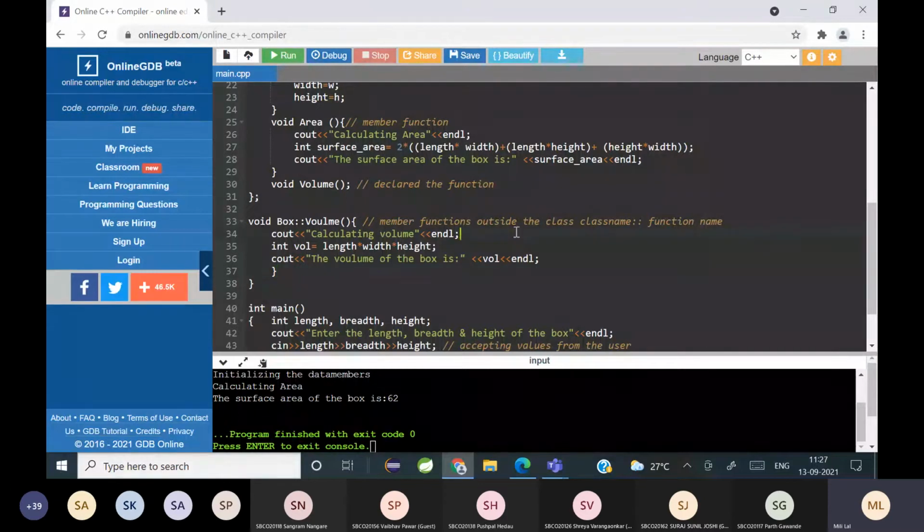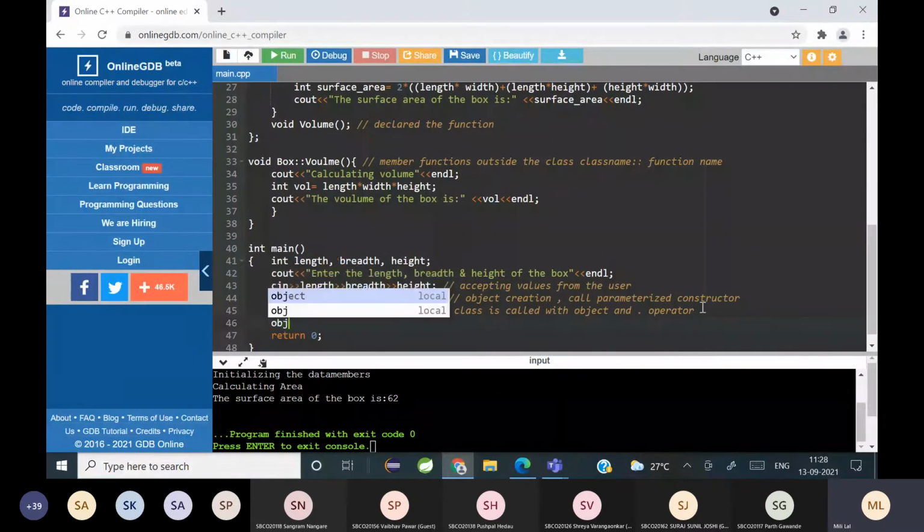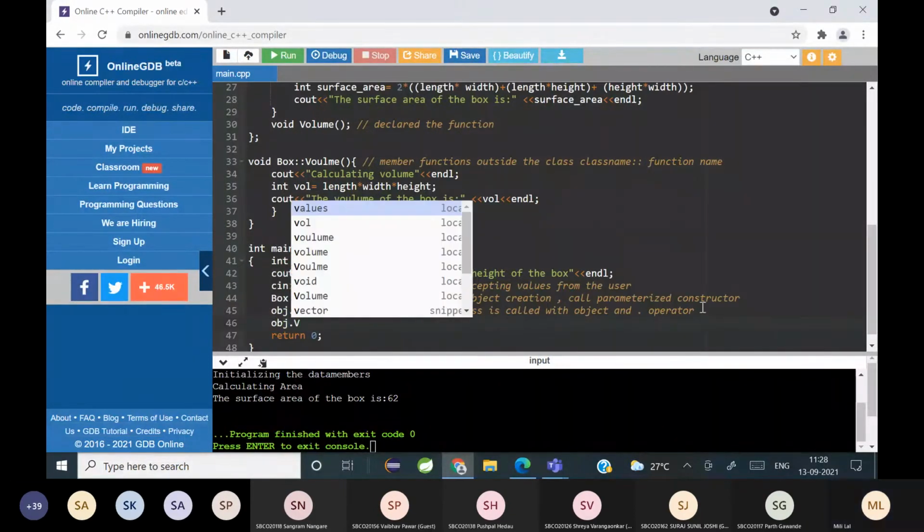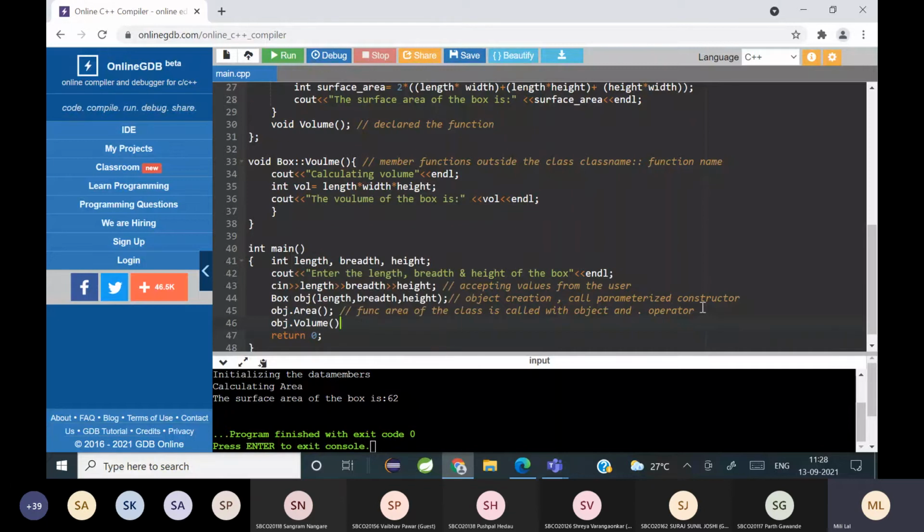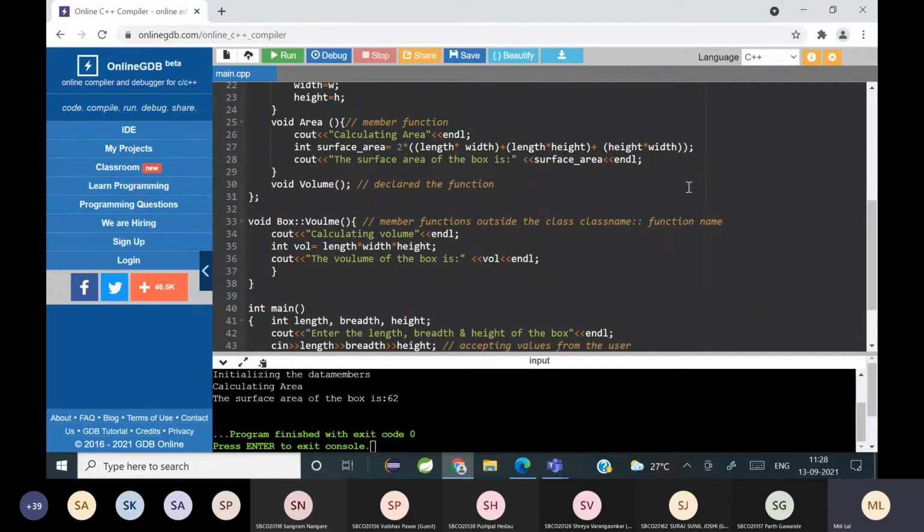You can write the member function completely inside the class, or you can write the member function outside the class. When you write the member function outside the class, you have to write the class name and the scope resolution operator. Is it clear? And now how do you call the function here? Object dot volume followed by a semicolon. Did everyone understand?